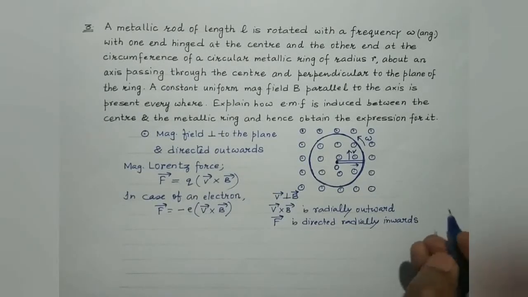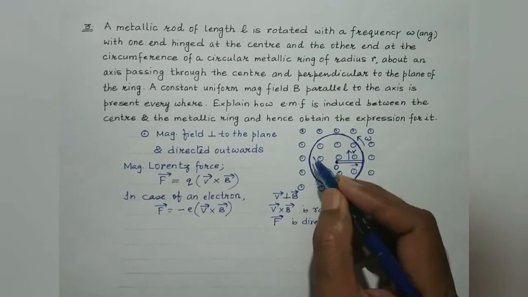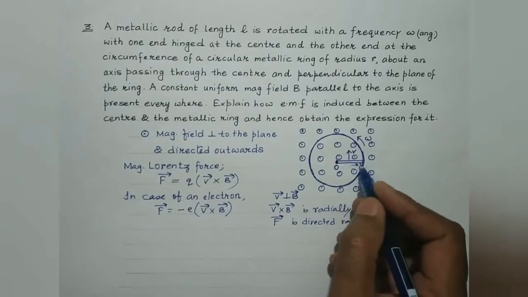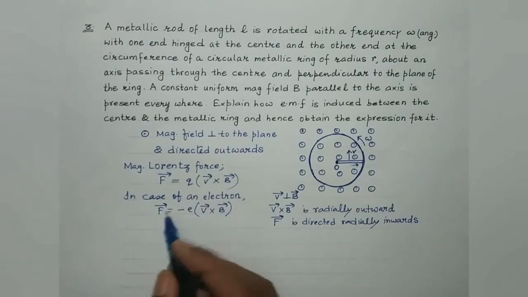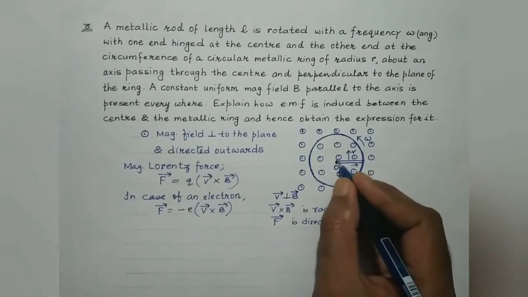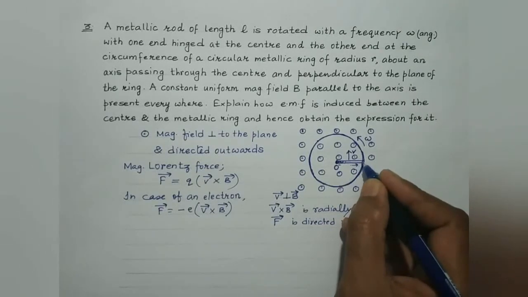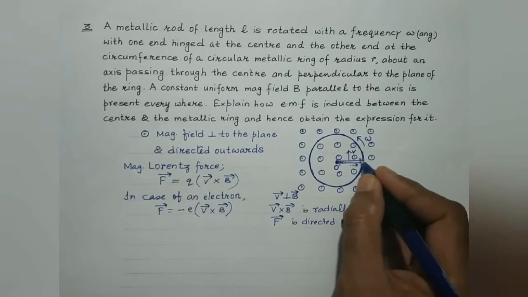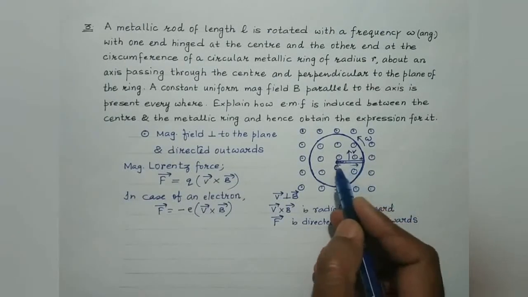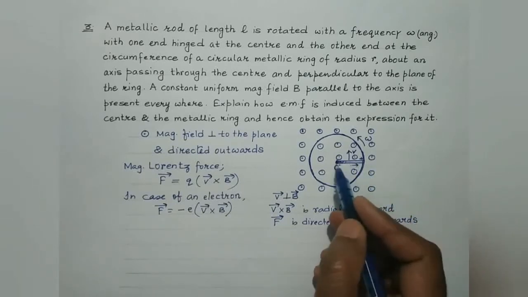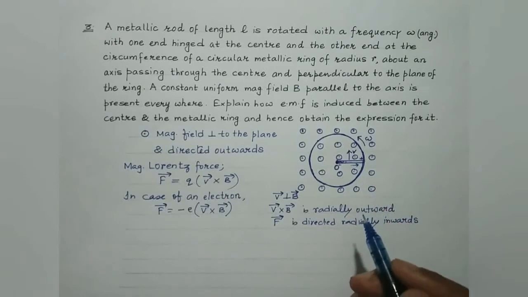So basically what I mean to say is that as this rod is rotated under the influence of this perpendicular outward magnetic field, the electrons inside the rod will experience a magnetic force in the inward direction. So the electrons will get accumulated at this end of the rod, which will be at lower potential, while this end of the rod, due to the depletion of the electrons, will acquire a net positive potential. Due to this potential difference developed by the rearrangement of the electrons, a voltage will get induced in the rod.